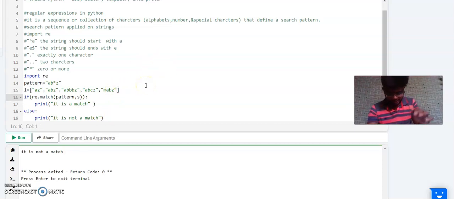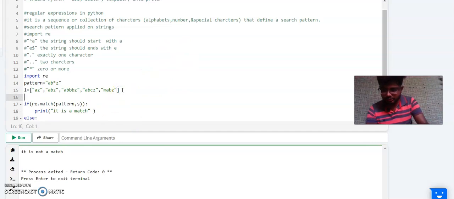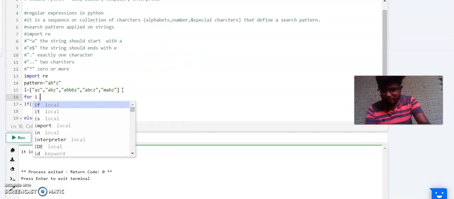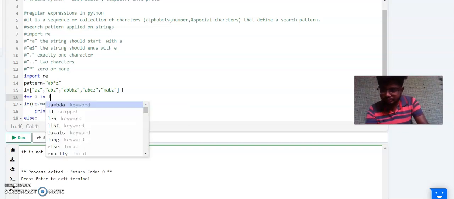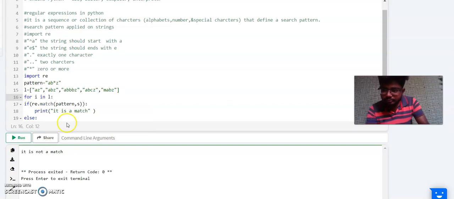For re dot match, since it is a list, you need to loop over those elements: for i in L, that is the list. I need to give some indentation here, a tab space.